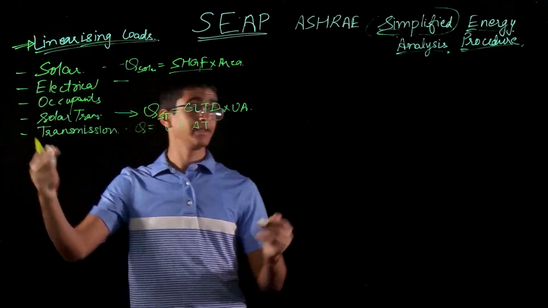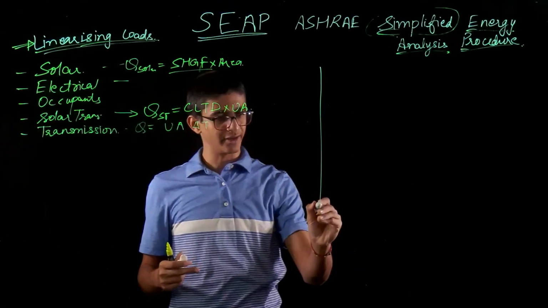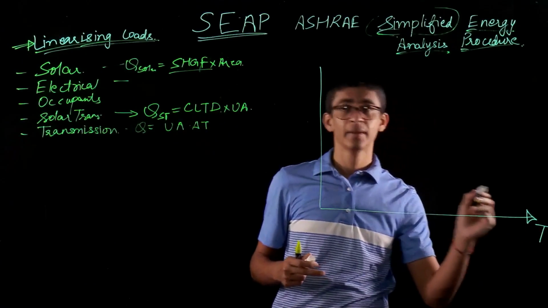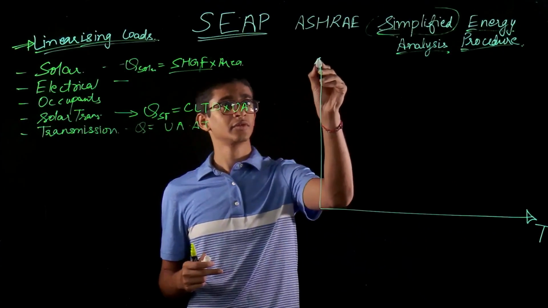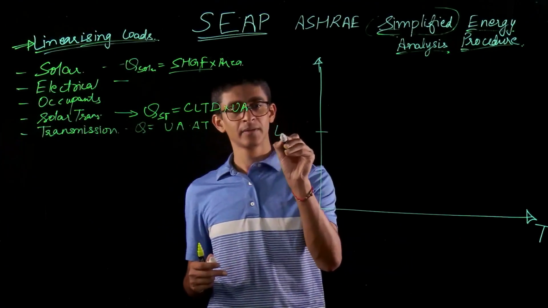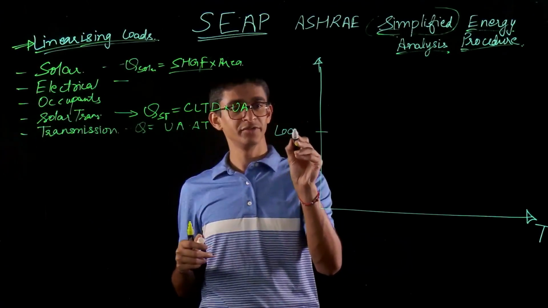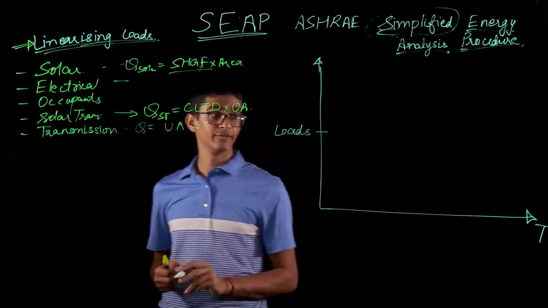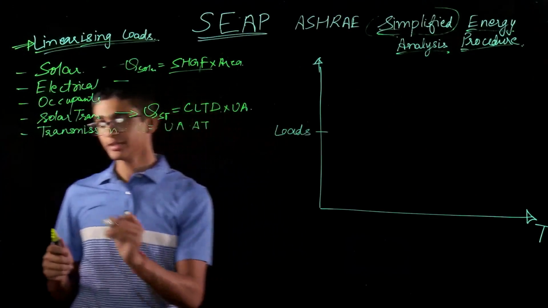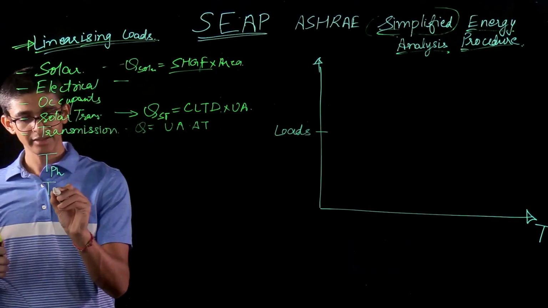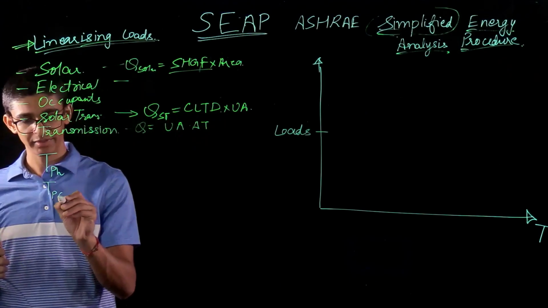So if we have a chart like that where there are different temperatures, and this is the load, so these are the different loads which we have. There are 4 different temperatures which we want to consider. These are TPH, TPC,